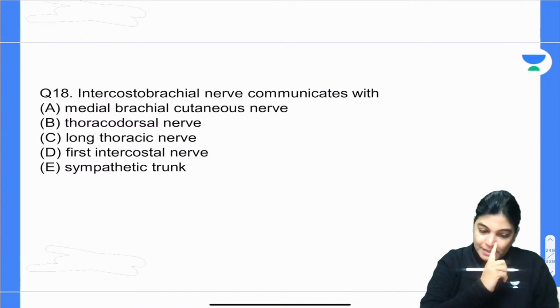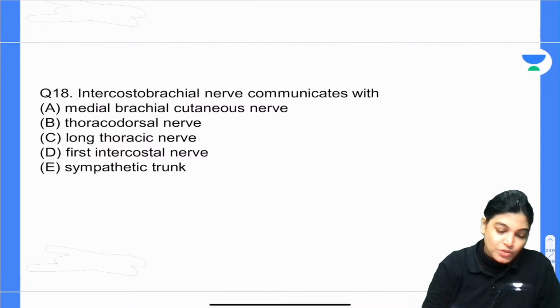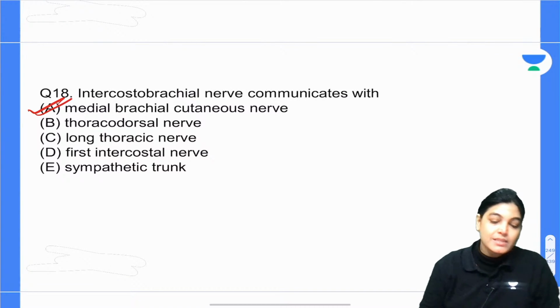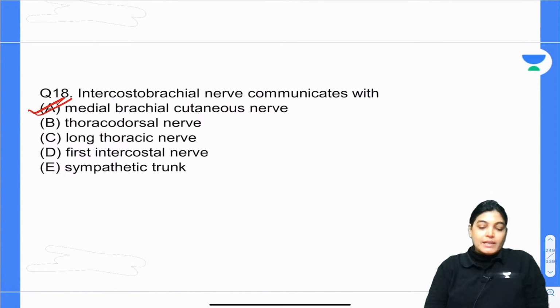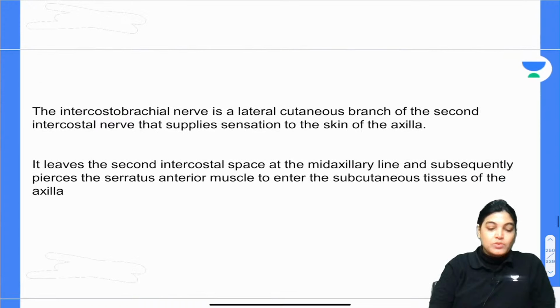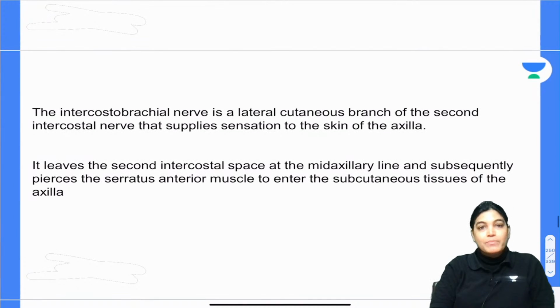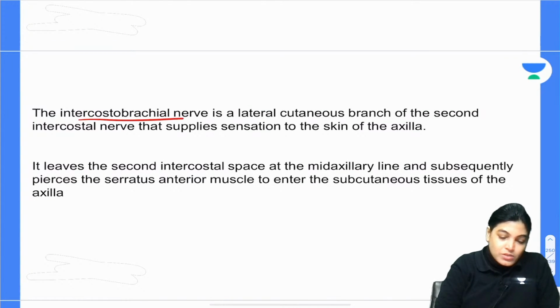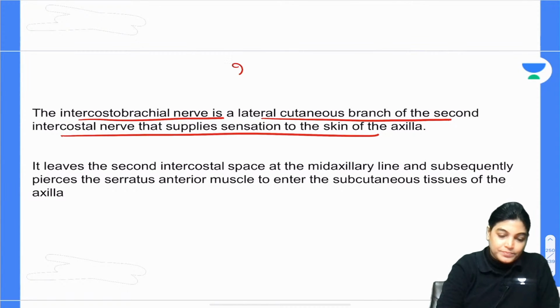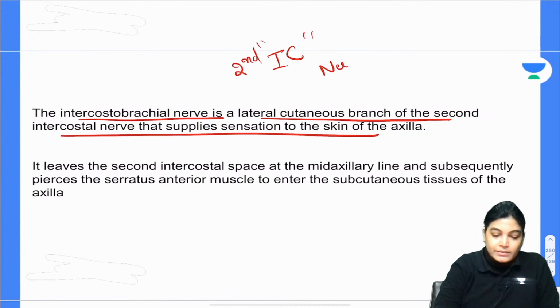So my dear aspirants, intercostobrachial nerve communicates with, actually the correct answer is medial cutaneous nerve of arm. So first thing is, what is intercostobrachial nerve? It is a lateral cutaneous branch of the second intercostal nerve. See here, intercostobrachial nerve is the lateral cutaneous branch of the second intercostal nerve, and it is giving